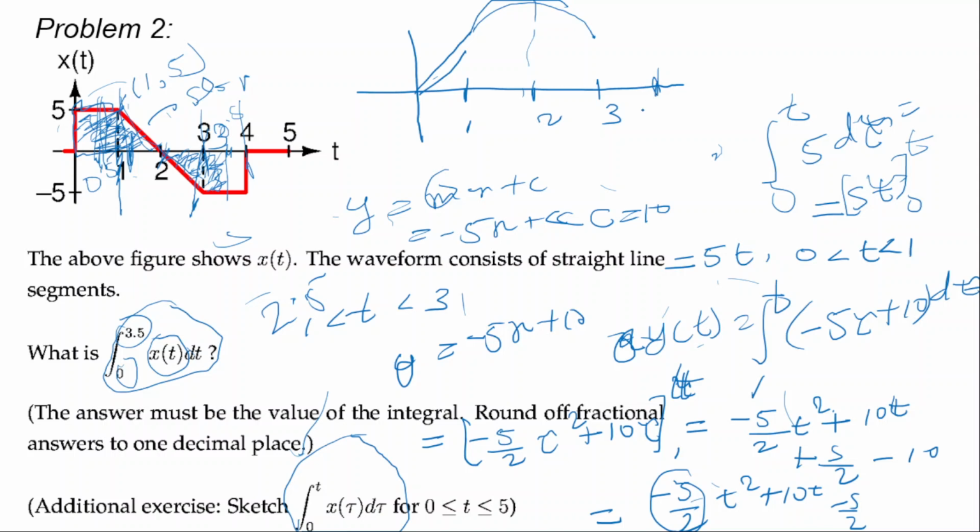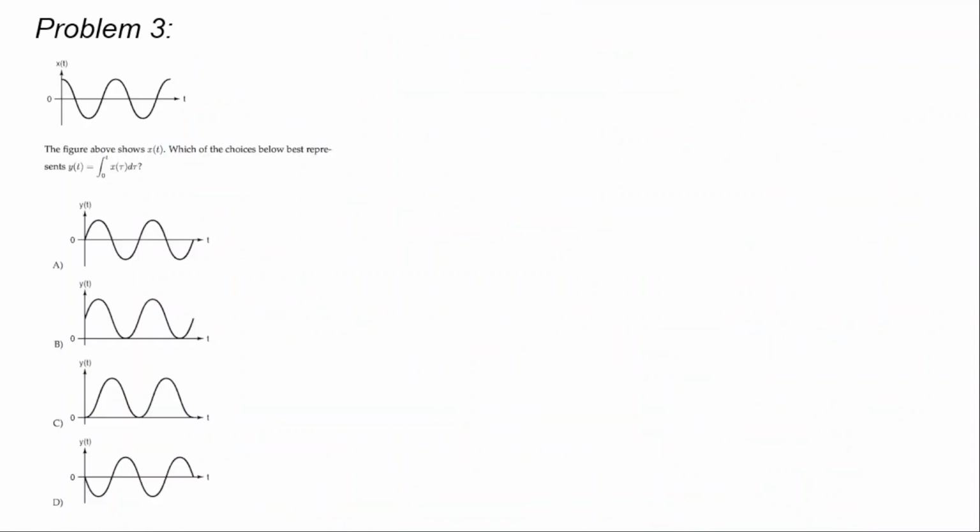And now from 3 to 4, again this is similar to this equation, but the slope is negative, because now the equation will be minus 5t. So now this curve will be similar to this, but with negative slope. Now the curve will look like this, this is your y of t and this is your t. Okay, this is the final answer. Now let's move to the next part.